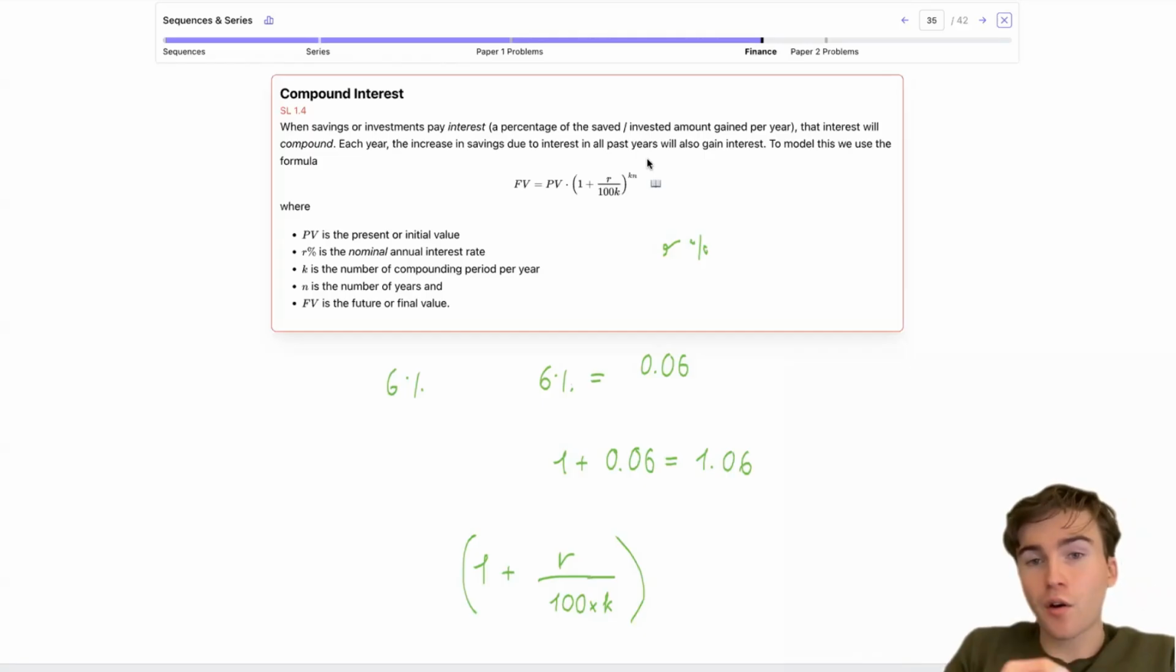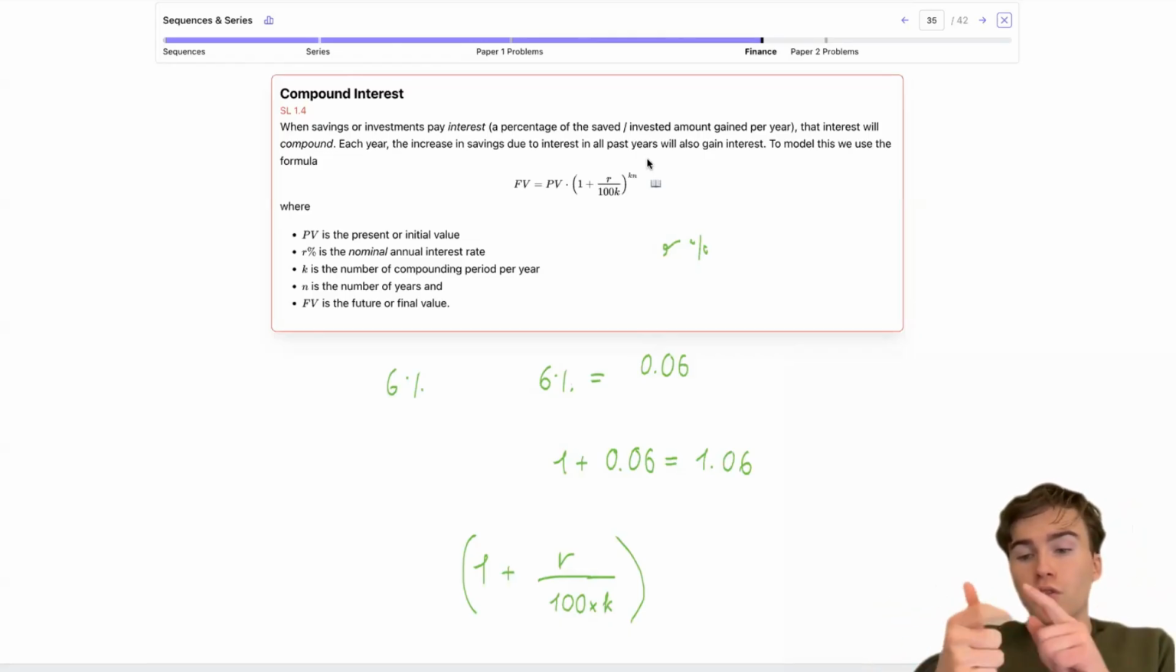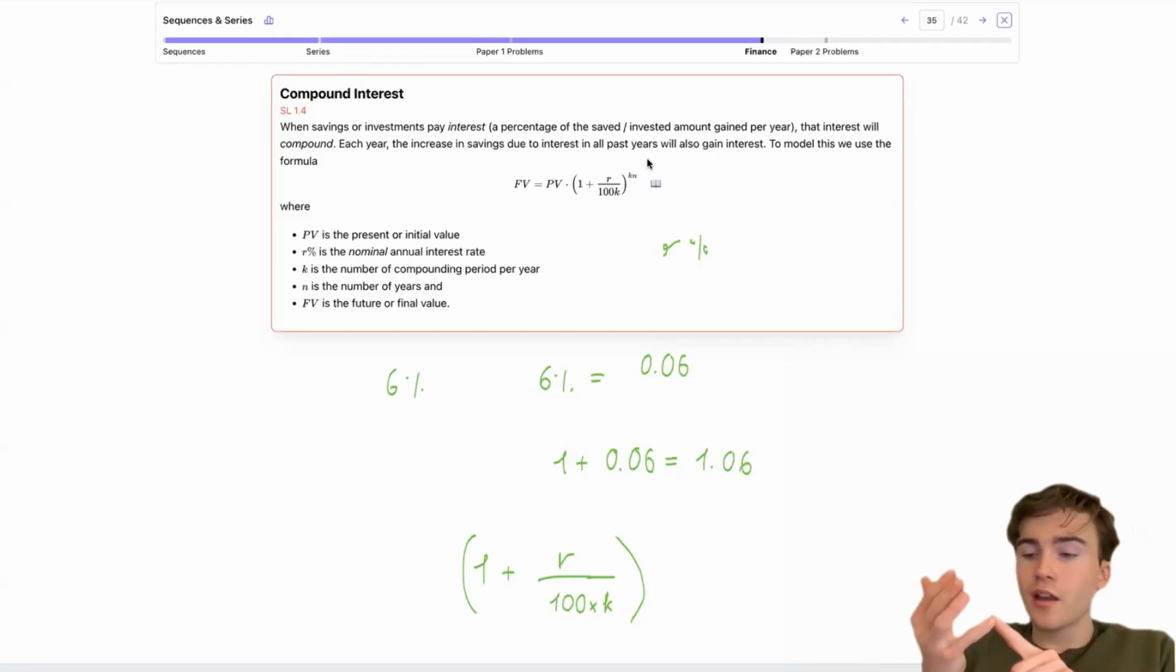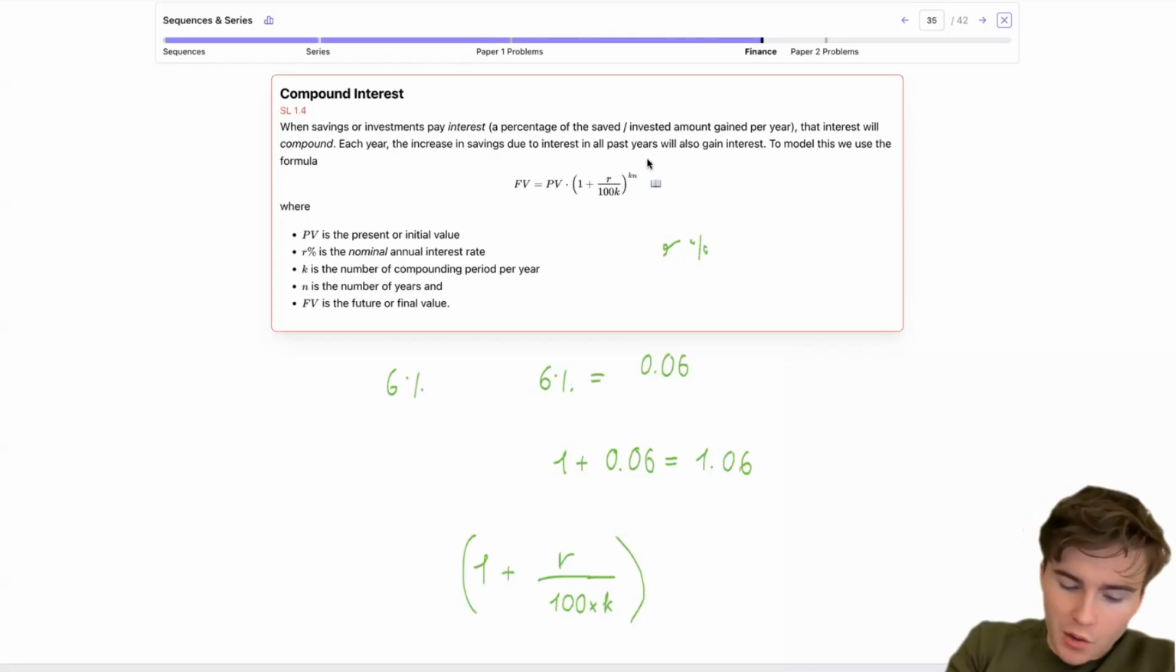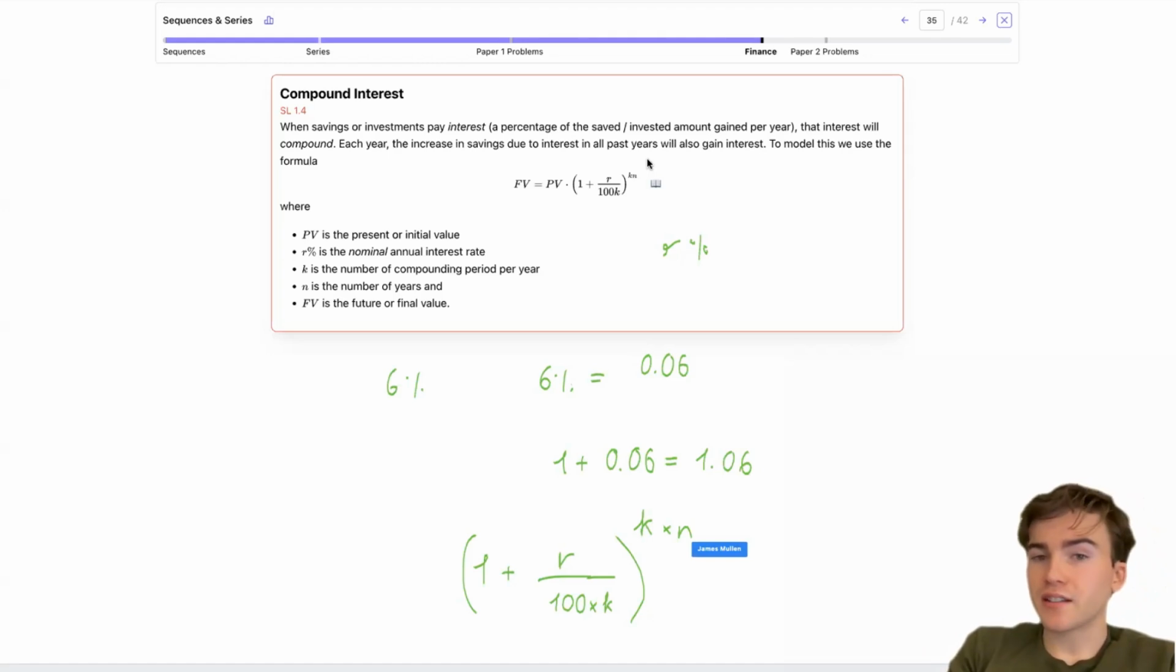I have to put this to the power of the number of years times the number of compounding periods per year. So if I'm compounding 4 times per year, and let's say I'm interested in what happens after 3 years, I'm going to compound 1, 2, 3, 4 times in the first year, 5, 6, 7, 8 times in the second year, and then 9, 10, 11, 12 times total in the 3 years. So I'm going to have 12 compounding periods, which means that the multiple that I'm applying to my account gets applied 12 times. In general, it's k for the number of compounding periods per year times the number of years,